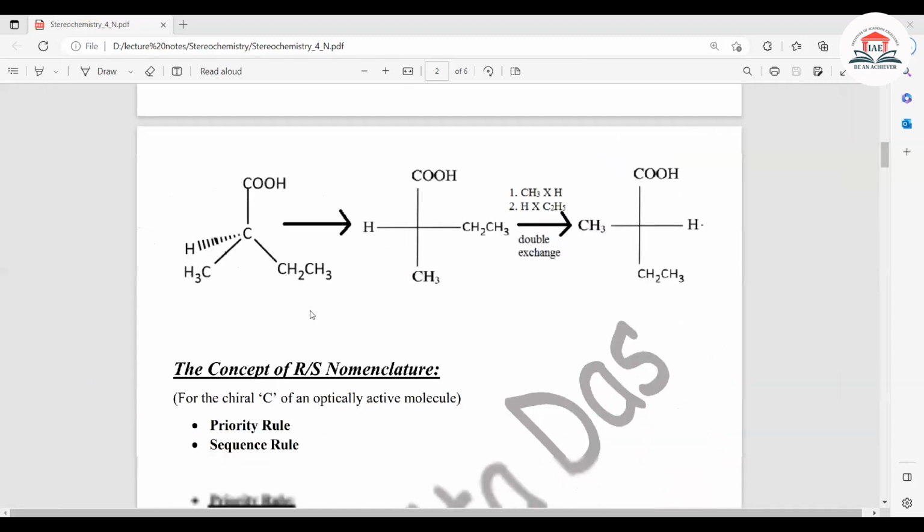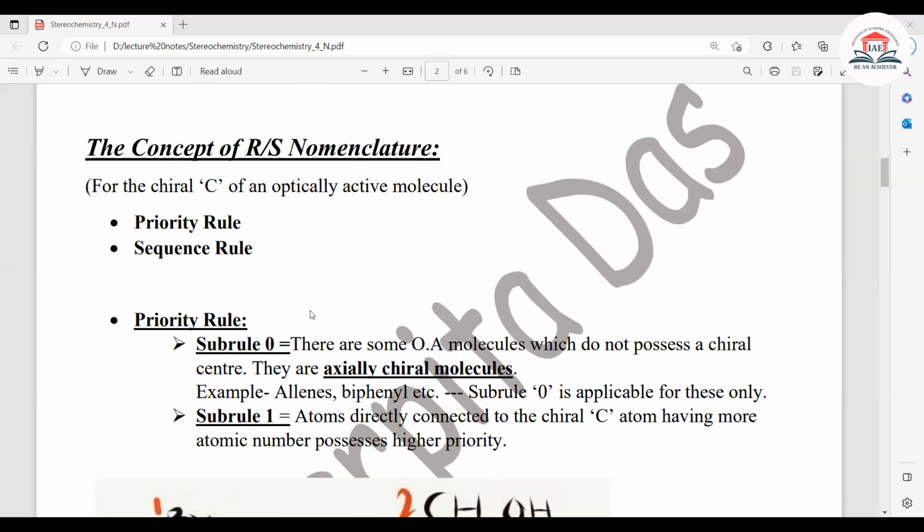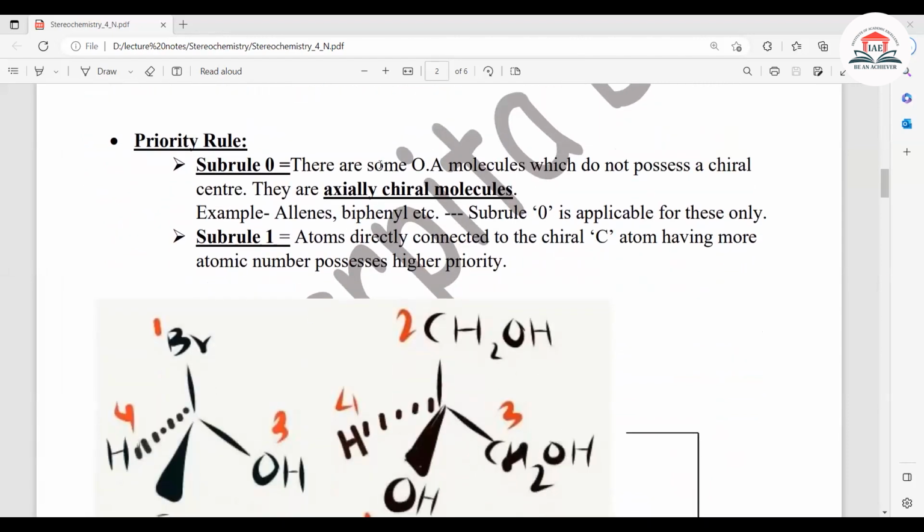আচ্ছা, এবার দেখ খুব ইন্টারেস্টিং টপিক, এটা হচ্ছে কনসেপ্ট অফ R-S Nomenclature, ঠিক আছে? ফর দ্য কাইরাল কার্বন, অপটিক্যালি অ্যাক্টিভ কাইরাল কার্বনের R-S Nomenclature, যেটা আমি একটু আগে ওই এক্সাম্পলটাই বলছিলাম। এটার দুটো রুল আছে, একটা হচ্ছে প্রায়োরিটি রুল, একটা হচ্ছে সিকোয়েন্স রুল। তো প্রায়োরিটি রুল কি? There are some optically active molecules which do not possess a chiral center, they are axially chiral molecules, which are অ্যালিন, যেটা আমি আগের নোটে ডিসকাস করলাম। অ্যালিন মলিকিউল, ওখানে কিন্তু there is no chiral center, but it is still chiral,